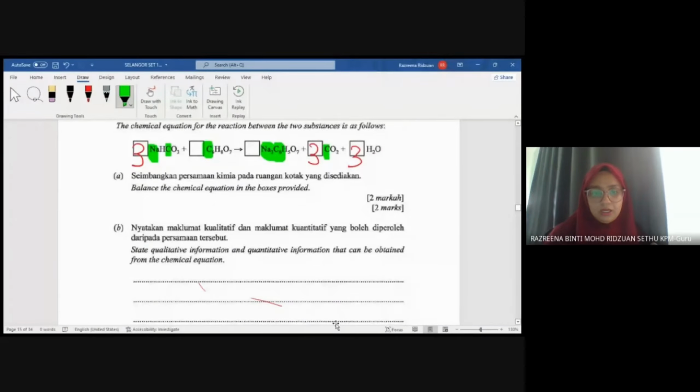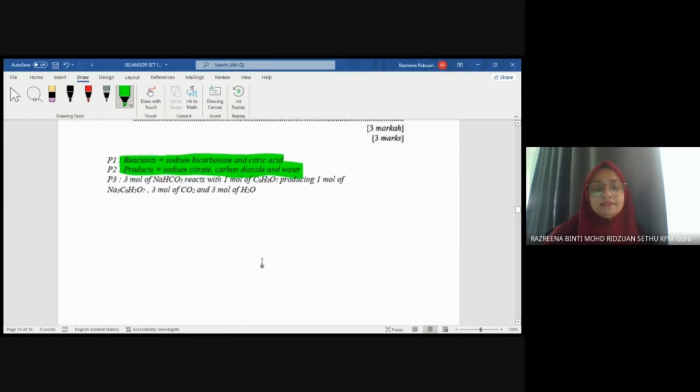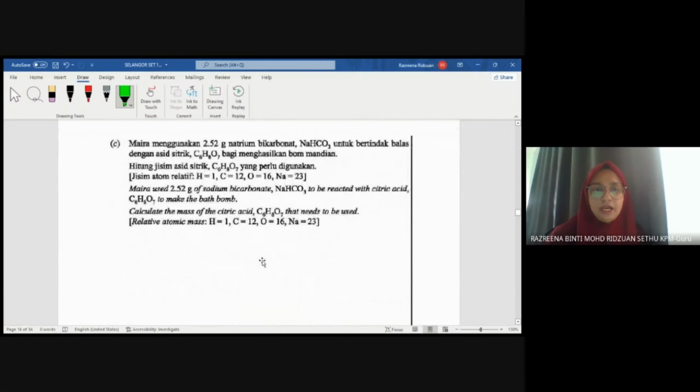All right, settle. Question C. Myra used 2.52 gram of sodium bicarbonate to be reacted with citric acid to make a bath bomb. Calculate the mass of citric acid that needed to be used. Okay, first step is you need to find the mole. Mole equals 2.52 divided by the